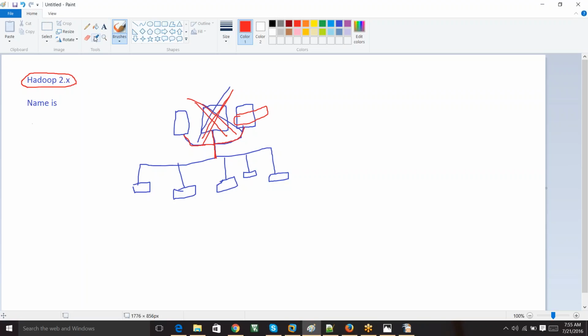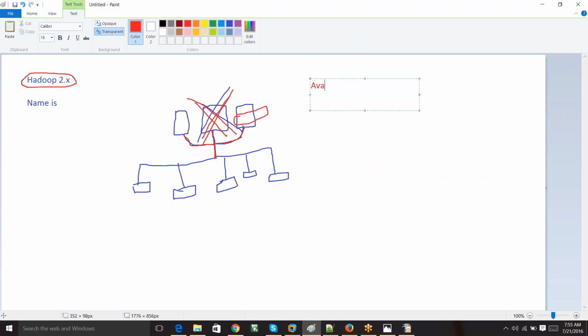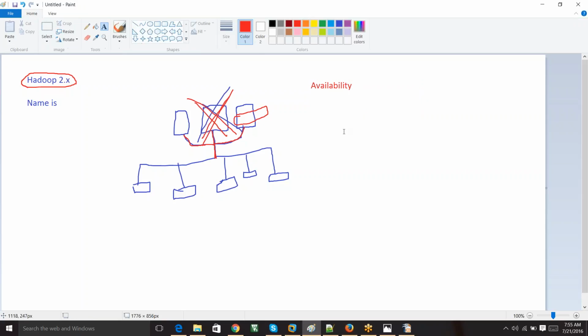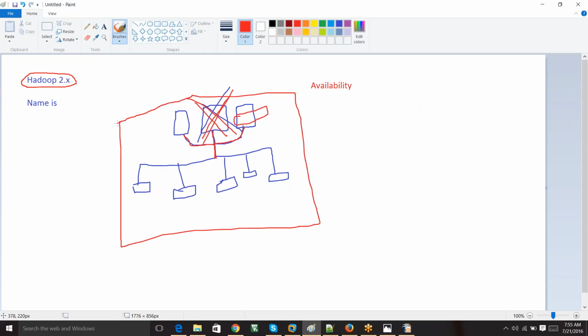So basically HBase is missing availability. Now in Hadoop 2.x, the high availability feature is there or not? When we are using 3 name nodes, high availability is there, right? When Hadoop has the high availability feature, you can integrate HBase with high availability, here HBase with Hadoop or